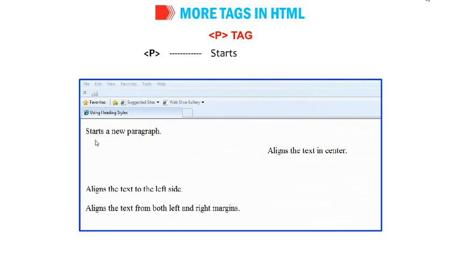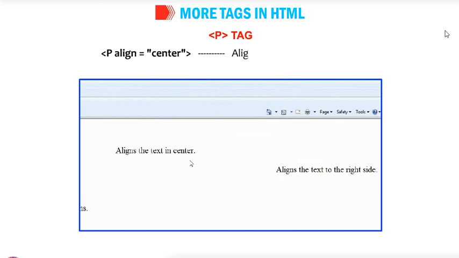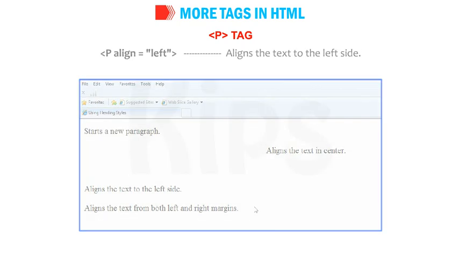P tag starts a new paragraph. P align equals "center" aligns the text to the center. P align equals "right" aligns the text to the right side. P align equals "left" aligns the text to the left side.